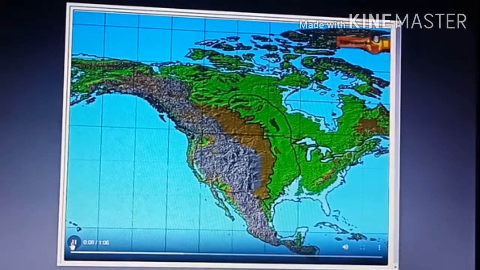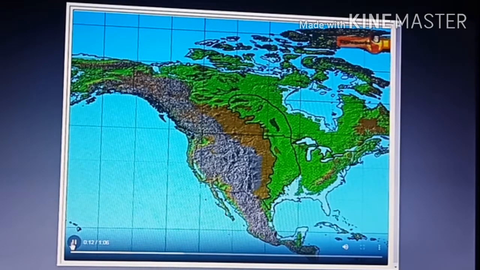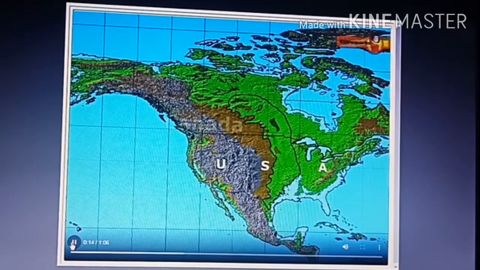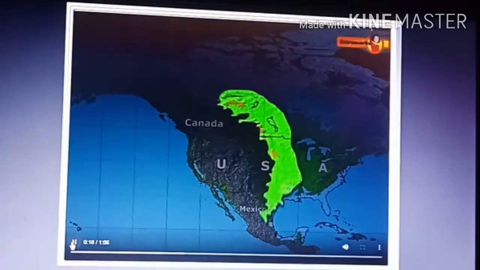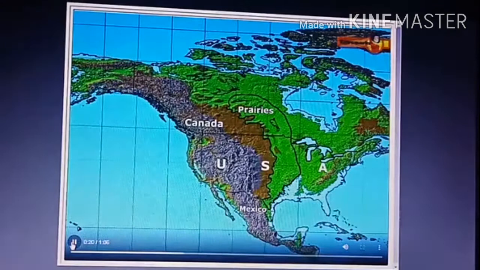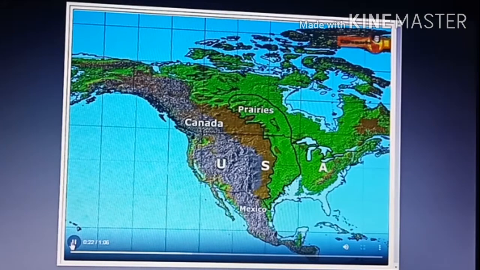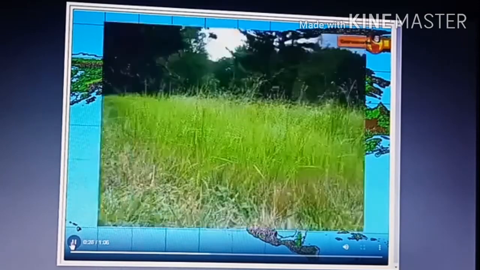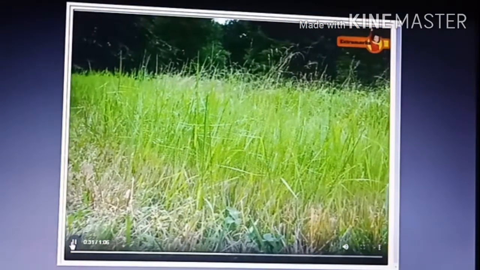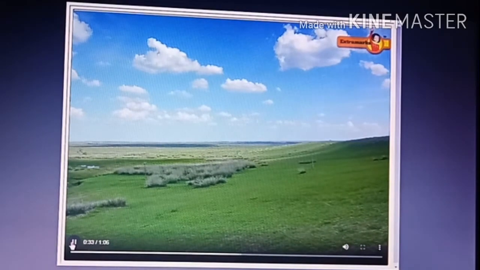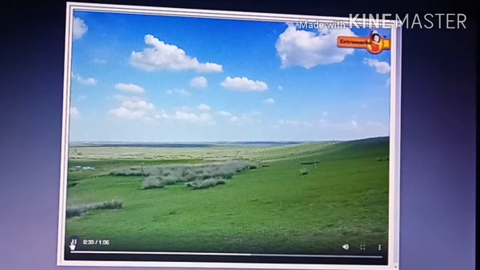The temperate grasslands, the Prairies. Location: the temperate grasslands of North America, including the areas of the United States, Canada, and Mexico, are known as prairies. It includes all the Great Plains and interior parts of the USA. It is a region of tall grass up to 2 meters high. Due to the extension of grasses, it is known as the Ocean of Grass.